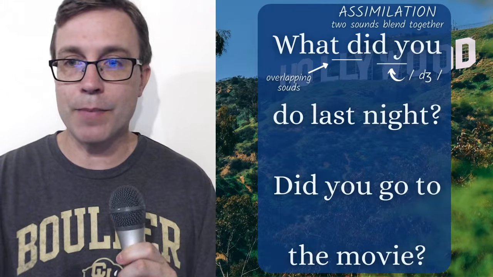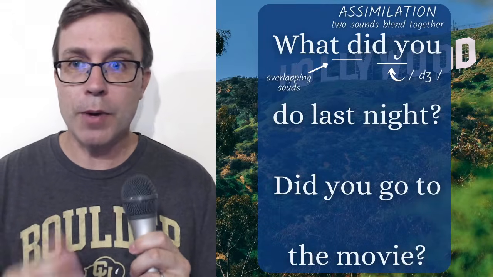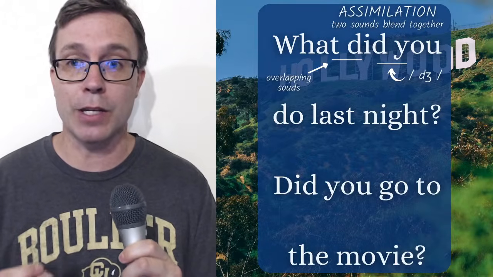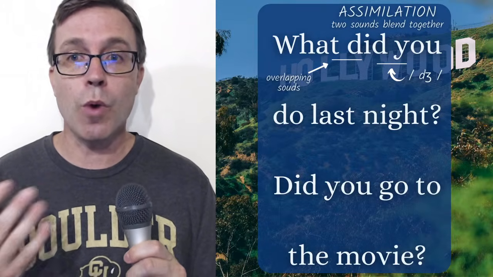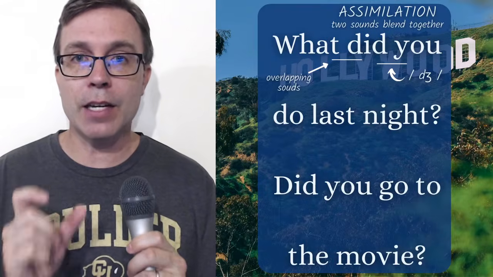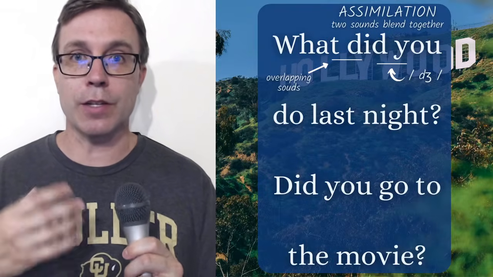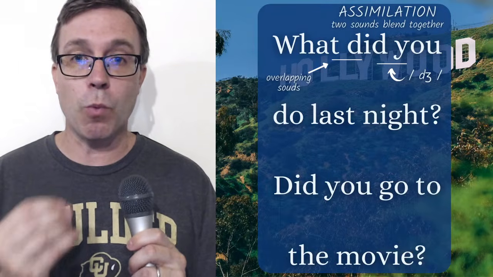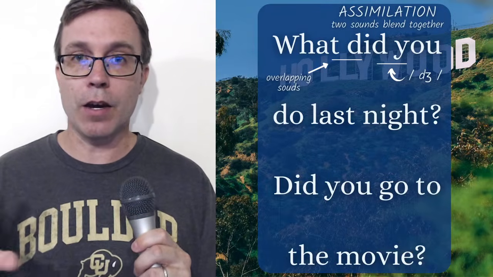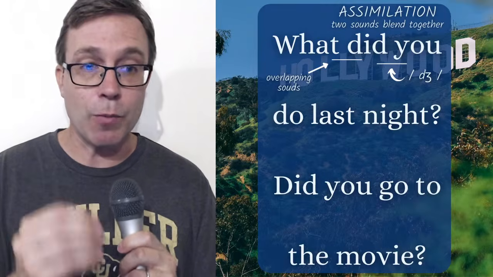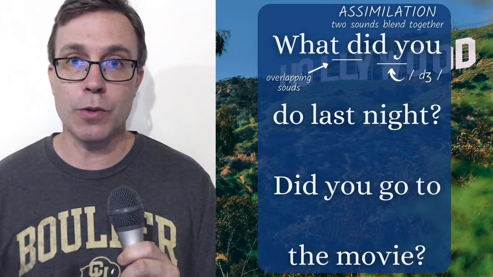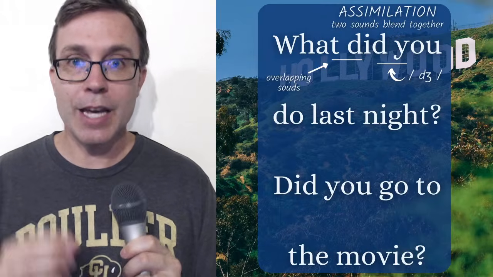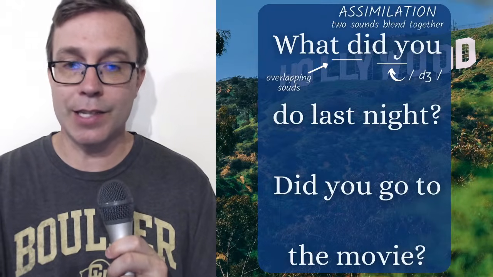It's not really something that you have to force, but if you're just saying this quickly, it's going to come out naturally. What did you? And this is common with this construction, the first three words. You can really replace "what" with any of those question words if you're following it with "did you." So: what did you? Why did you? How did you? When did you? And you can hear that slight j sound.